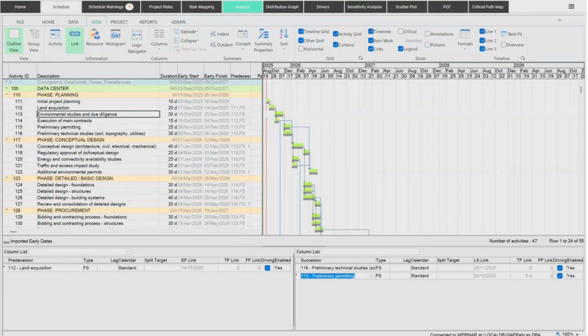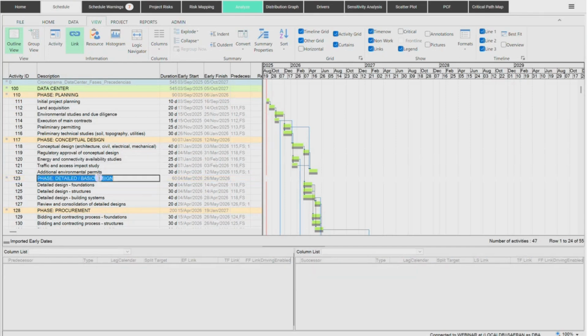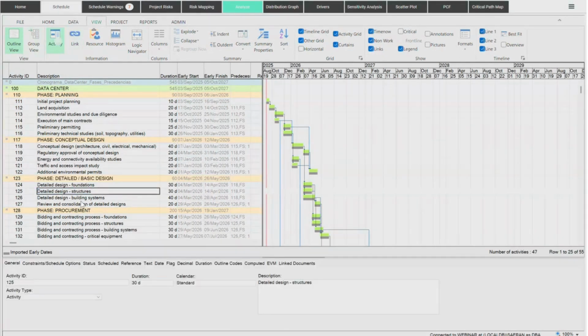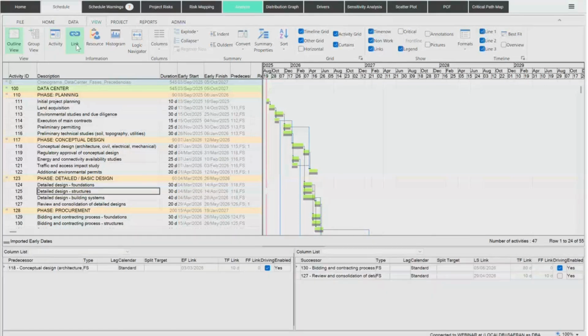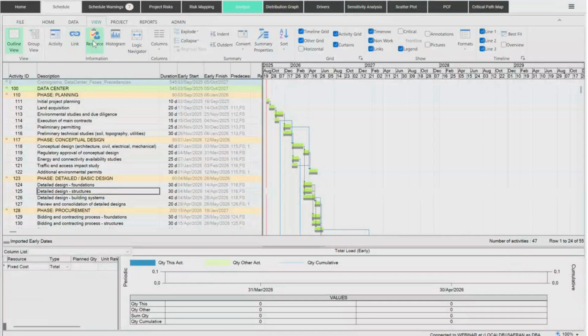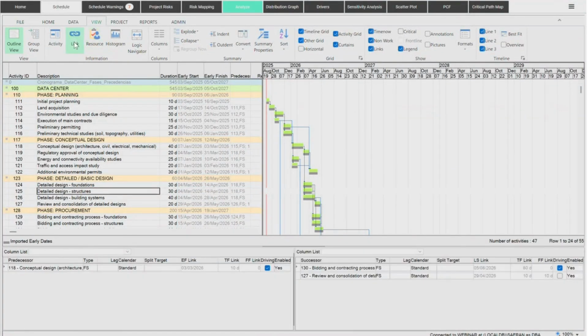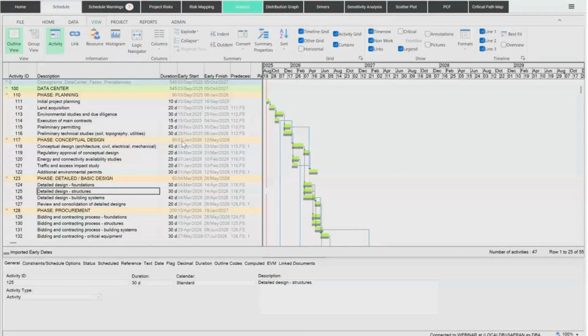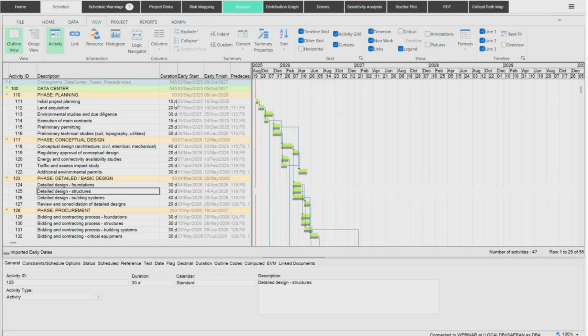So you can see the characteristics of each of your tasks, either information about the activity itself, what it's linked to. If you're using resources, they could be mapped here. They could be loaded according to whatever profile you need, okay? Histogram of use of resources, etc. So it's a complete scheduling tool that we have here. And at this point, after importing, we usually check if things are as expected, if there's anything missing or any number that is different for whatever reason. We could check that and correct whatever is needed.